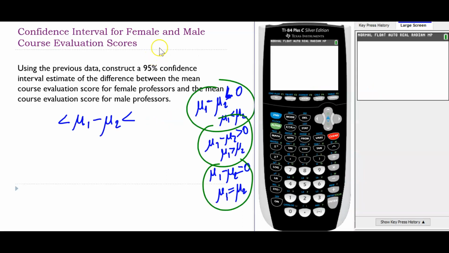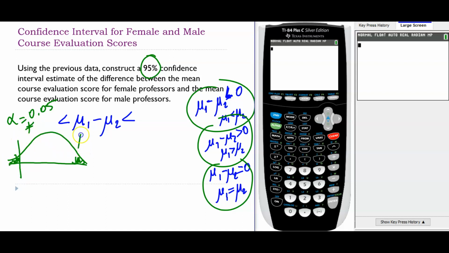How do we know that we need to construct a 95% confidence interval? Well, remember, our alpha was 0.05 and our test is a two-tailed test. Therefore, the confidence interval is within these limits, 0.95. If it was a one-tailed test,